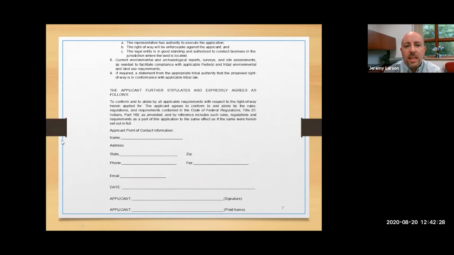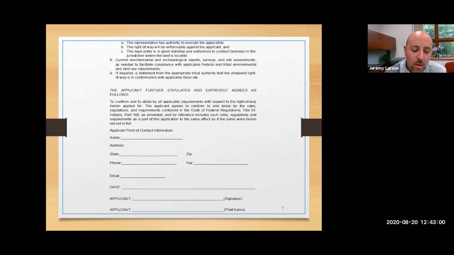You'll also see that we require a statement from the appropriate tribal authority that the proposed right-of-way is in conformance with applicable tribal law. All of these things will need to be stated within the application package. So with all of that, that's why we have you try to contact the tribe when you know of a project that's going to be coming up or is going to traverse land that is Bureau of Indian Affairs